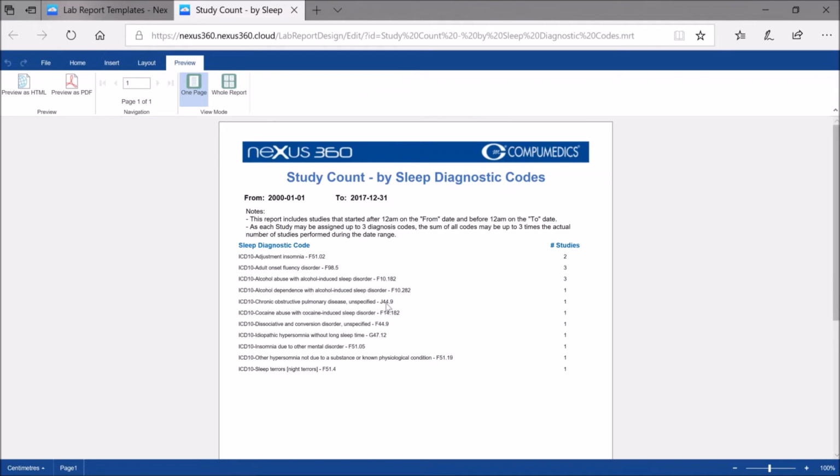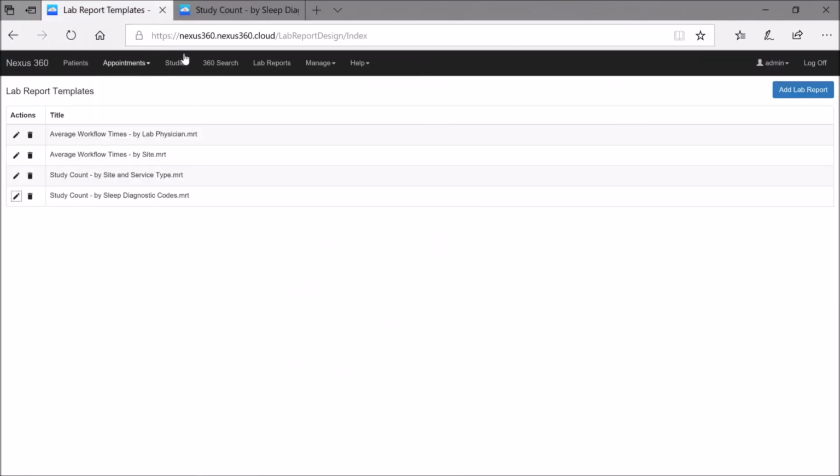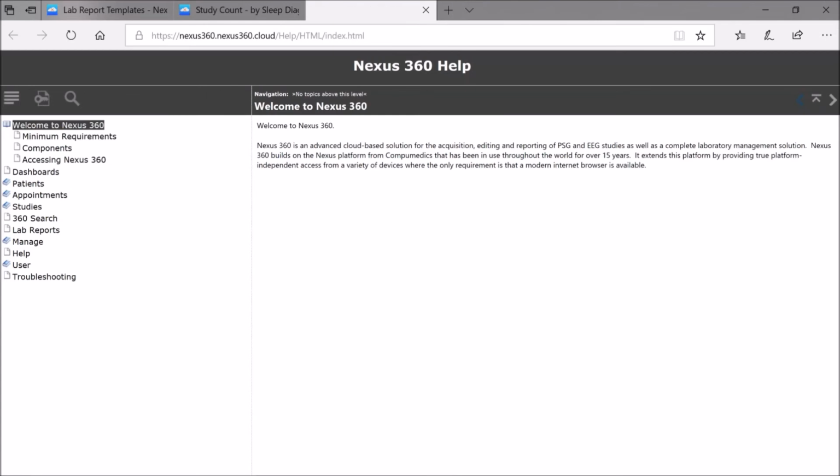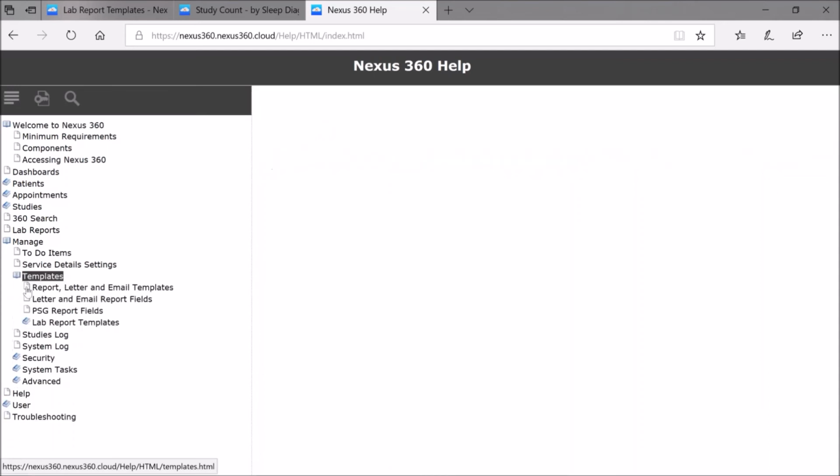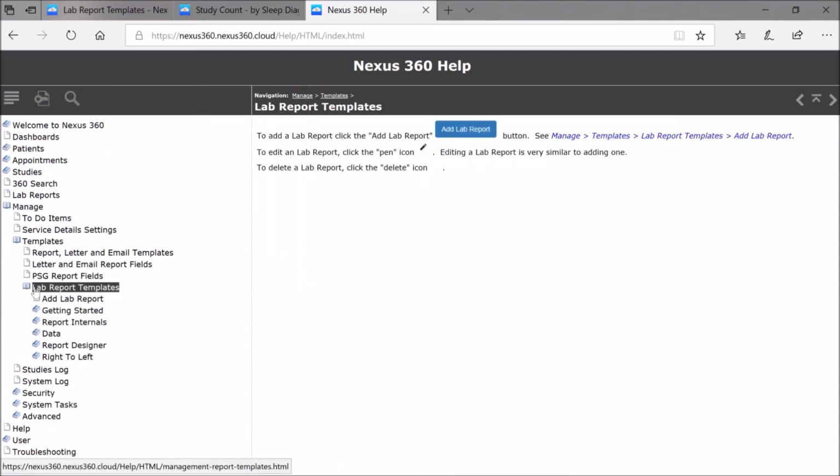So in terms of where do you get help for this? We'll go back into the neXus 360 interface, and of course you've got online help here. So let's just go Help into the View Help section, and there's quite an extensive bunch of information on the lab report templates section for neXus 360, and you can find this by going into Manage, Templates, Lab Report Templates,